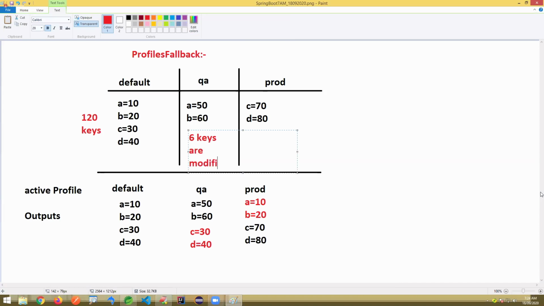6 keys are modified. Then it gives us a lot of advantage. Okay, 120 keys, and among them you have to modify 6 keys. You do not need to copy those 120 keys. Just mention what the new 6 key values are. What are the 6 key values that are modified? You just mention them here. What about the remaining ones? Okay, so here,